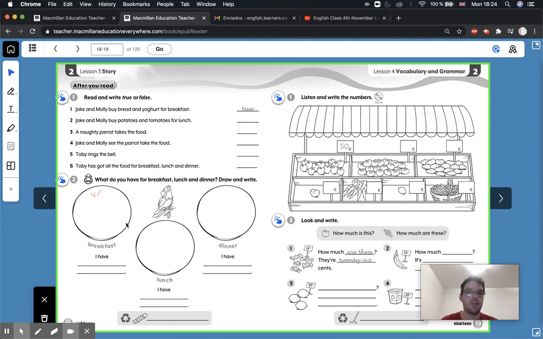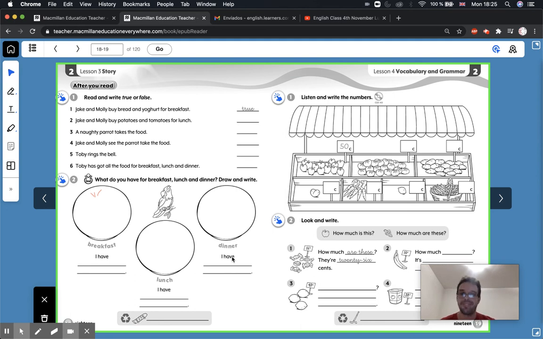All right, and you can write whatever food you want. Okay? Pues, cuando tienes escrito comida que tienes para breakfast, para lunch y para dinner, cuando tienes las comidas escrito en inglés y los dibujos, if you finished everything, then you can close your book and we can finish the